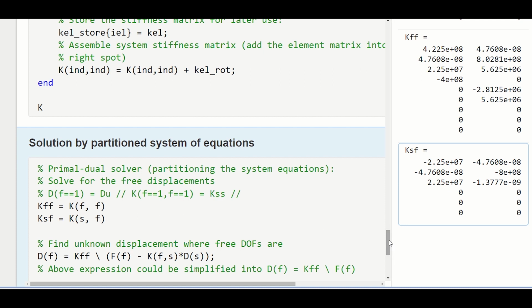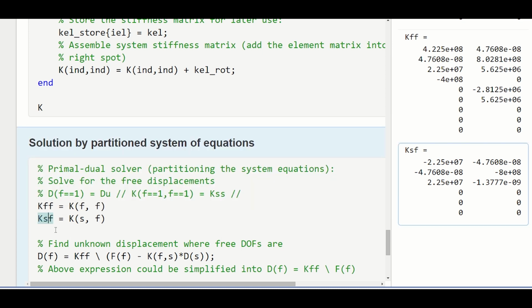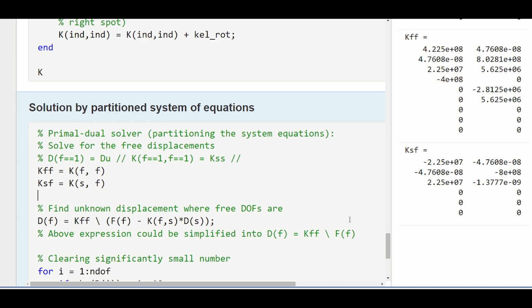So I call it KFF and then KSF, free and then specified freedoms. So then you can find out your unknown displacement where free degrees of freedom are, so allowed to rotate or allowed to translate. So then your df is going to be kff, this is inverse, that times